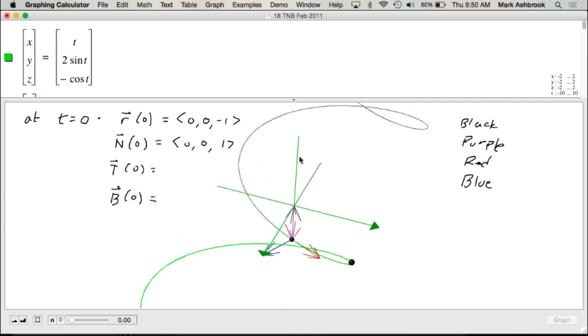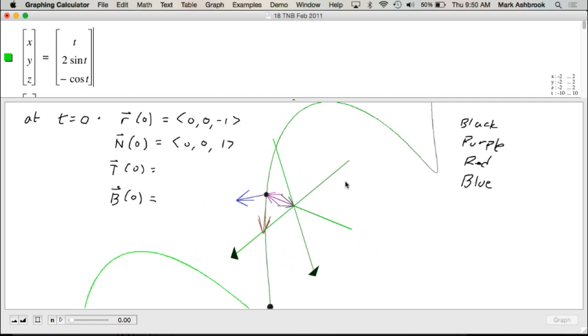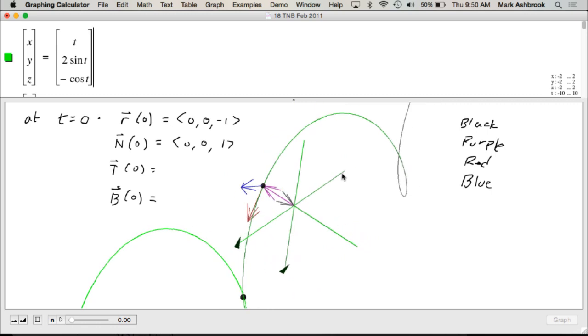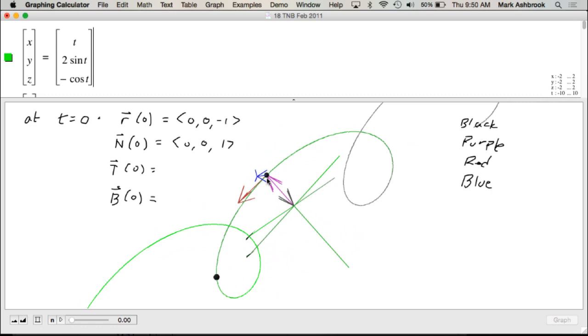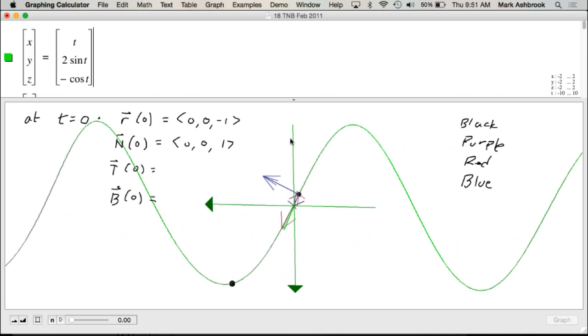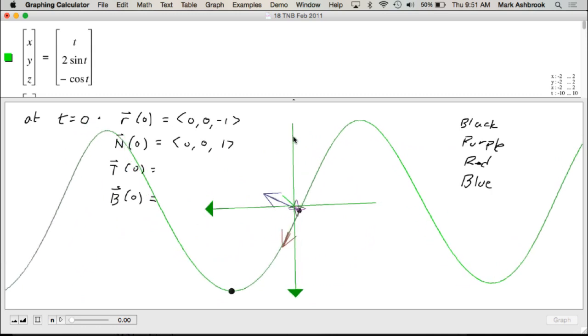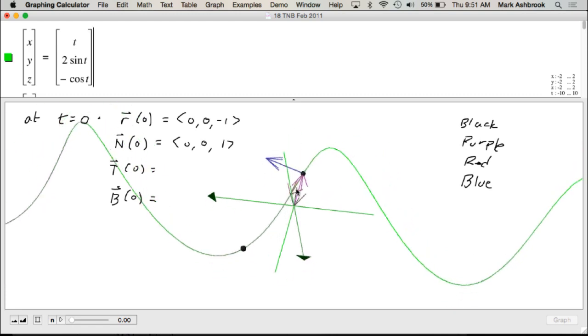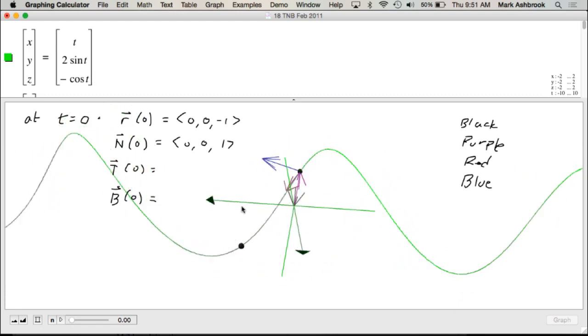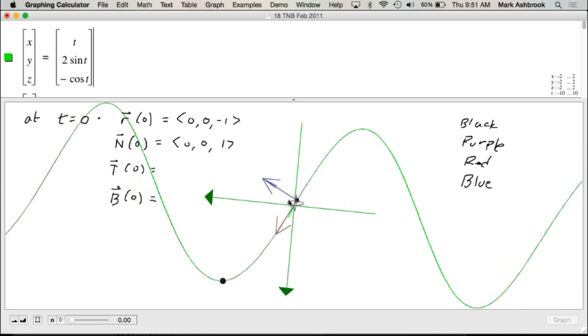So if we look straight down on what's happening here, I'm looking straight down, but the x-axis is to the left, y-axis is down. Good enough. So the unit tangent,